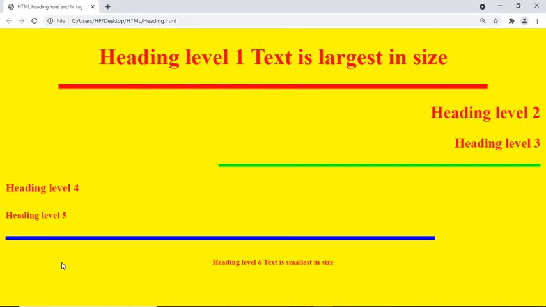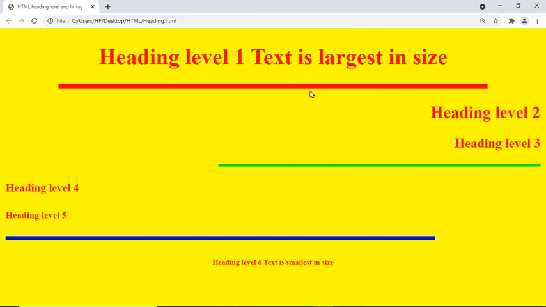Okay, so we will see one example of heading labels and HR. In this example, in this particular web page, we first use BG color as yellow and text color as red. After that we use all 6 heading labels, that is H1, H2, H3, H4, H5 and H6. So these are 6 different heading labels and there are 3 HR lines: 1, 2 and 3. All of them are aligned to different sides, that is left side, right side and center side.